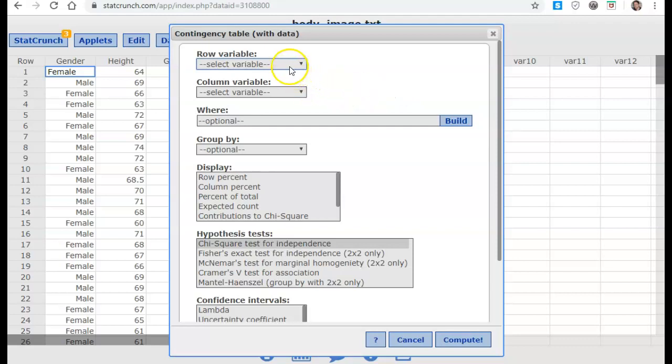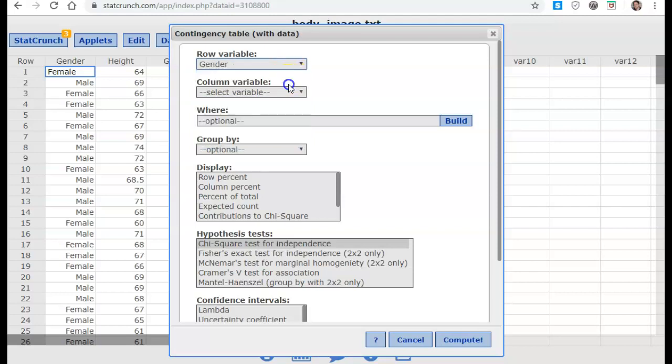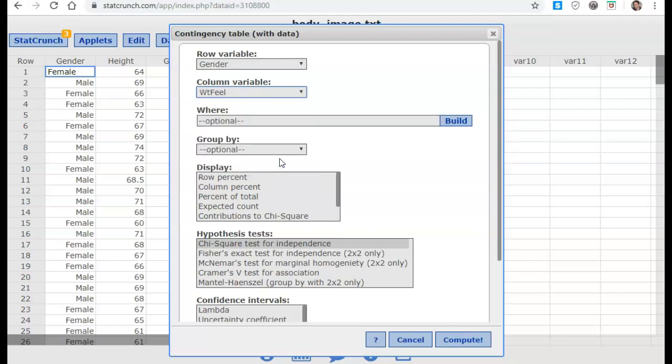For the row variable, I'm going to choose the explanatory variable, which in this case is gender. For the column variable, I'm going to choose the response variable, which in this case is how students feel about their weight, or weight feel. I'm going to display the row percent,